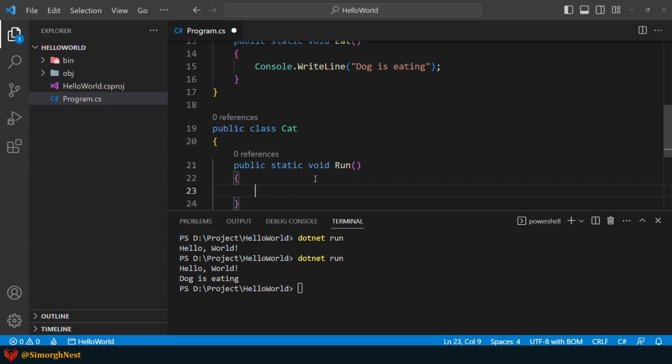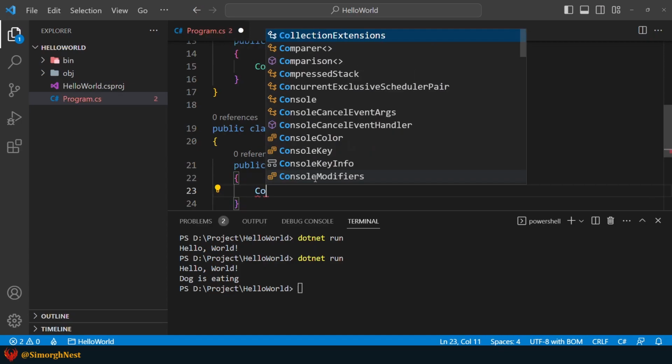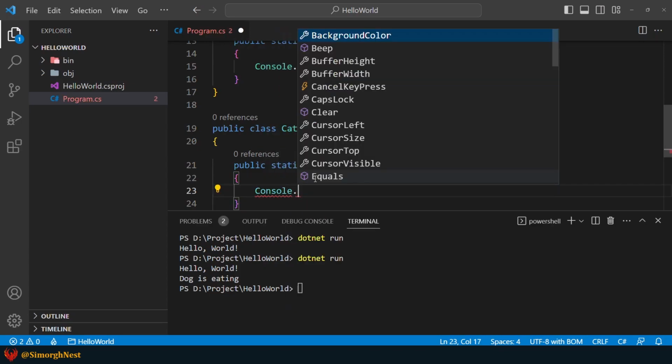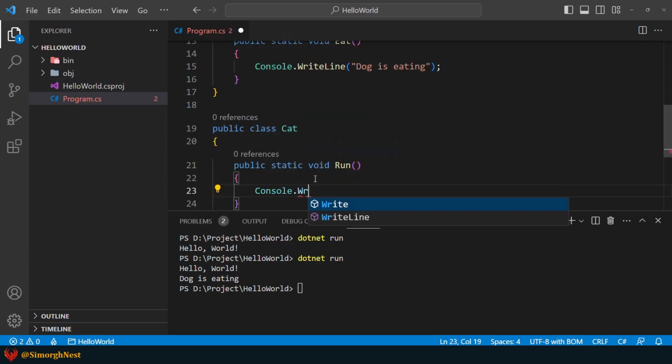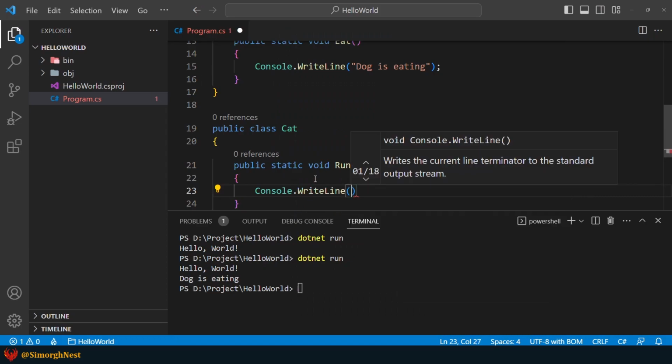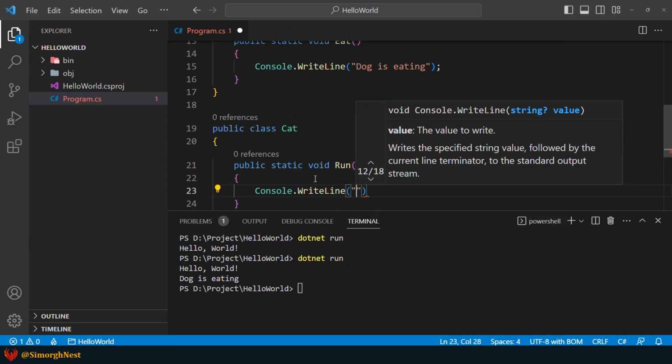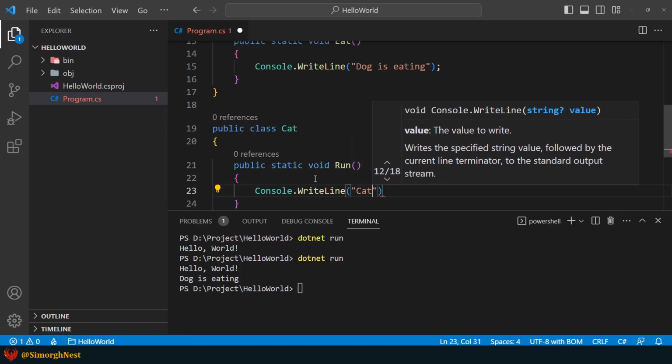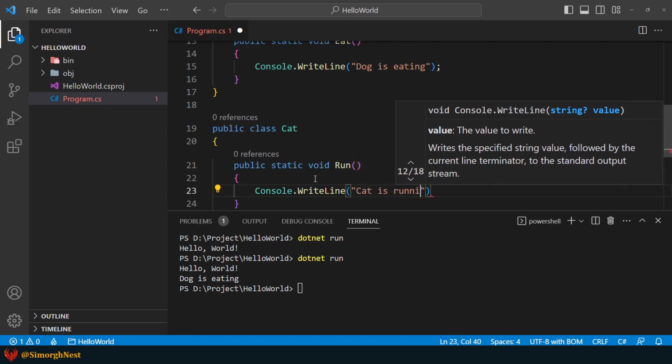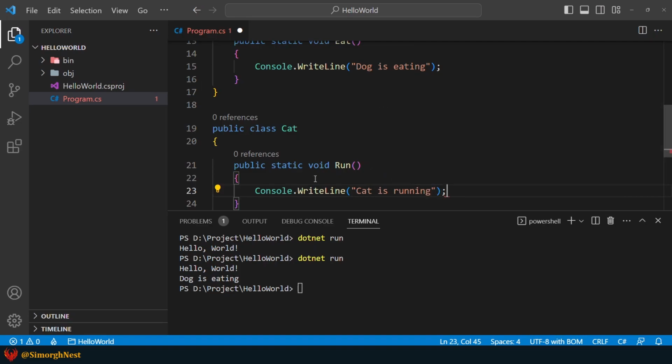Now let's use the writeLine method for printing a message for the run method. So in this block, we go for console dot writeLine open and close parentheses, open and close double quote, and between them cat is running and semicolon.